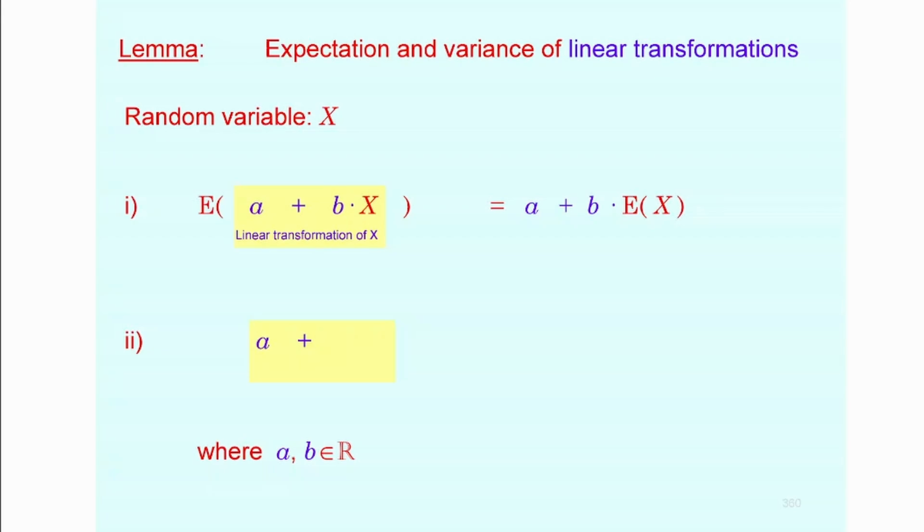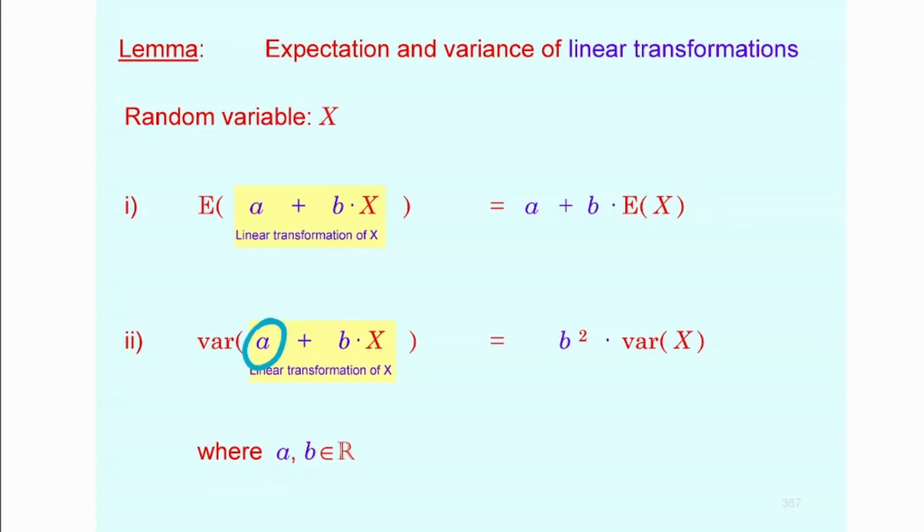Now, what the variance of a linear transformation is going to be, that's different. Because keep in mind, the variance is the mean of the squared deviation of the random variable to its mean. Okay, and that's going to be different. Now, it doesn't depend on the additive constant. So that's something which needs to be looked at. Okay, so the variance is not going to change if you add something to the random variable. And the question is why?